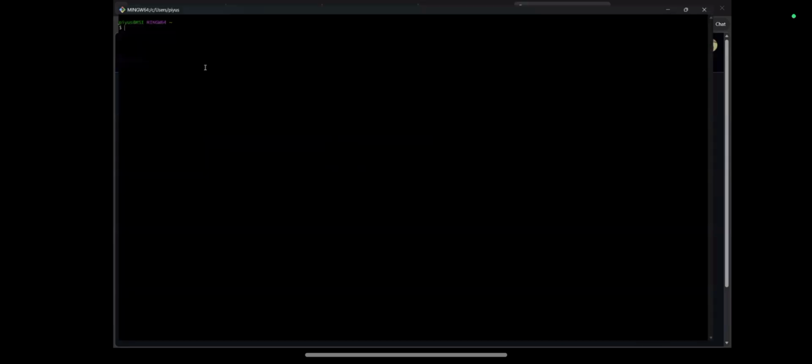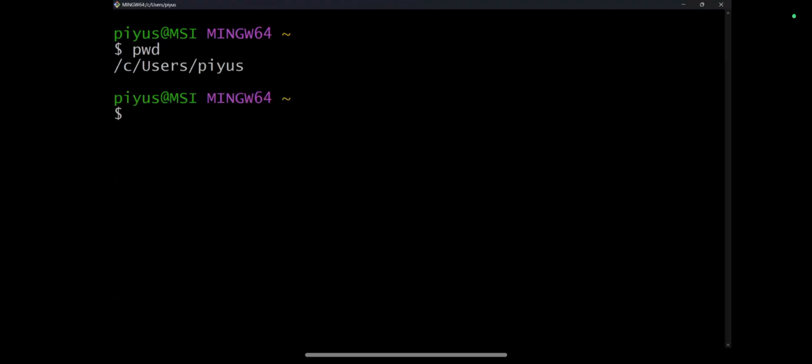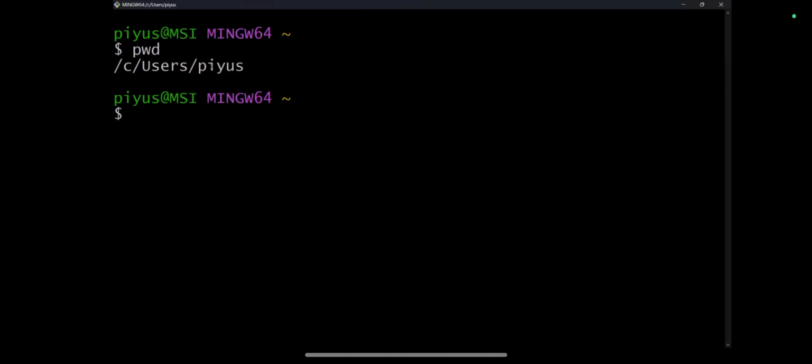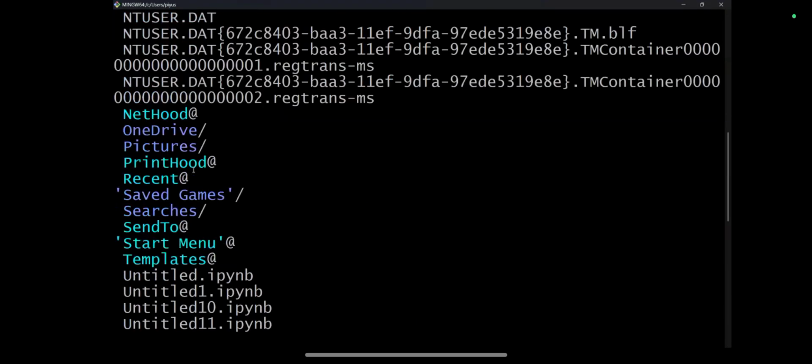Now, Git Bash, if you look at it, is nothing but a CLI. Once you have installed Git, you will find this thing, Git Bash. So here we can run some basic Linux commands. Let's say pwd, present working directory. PWD stands for present working directory, where I am right now. This is my local system. So under C drive, users, we have the user. ls, what is there? List all the things. So these are the things over here.